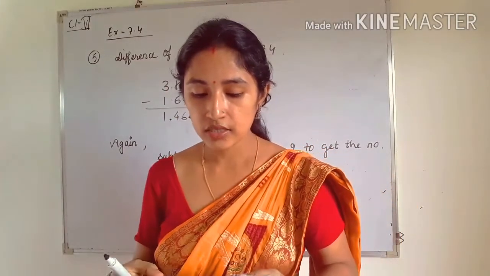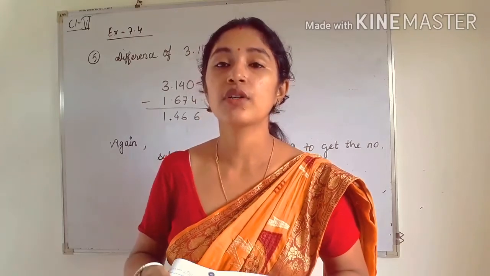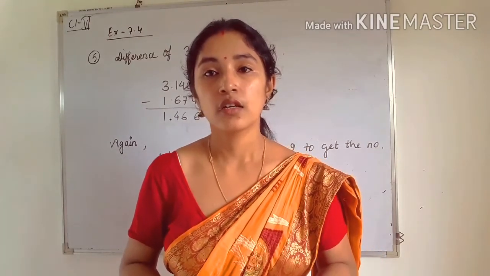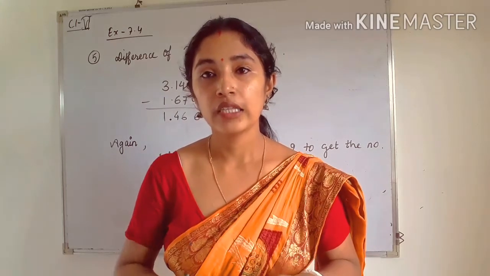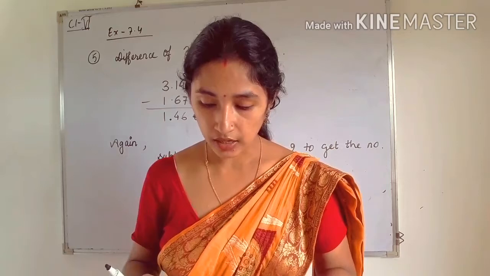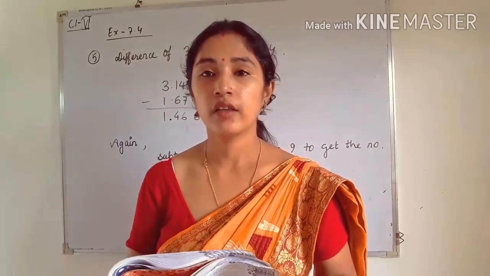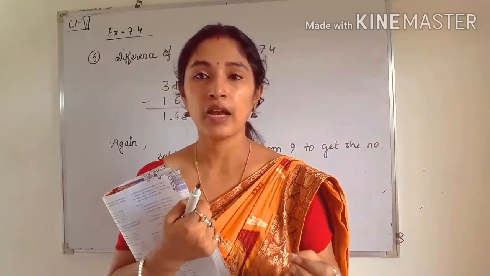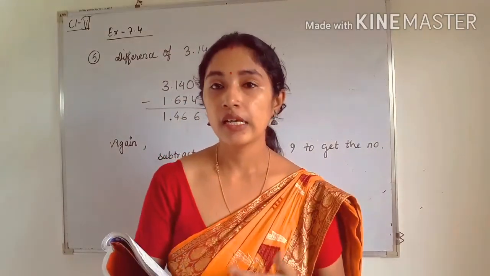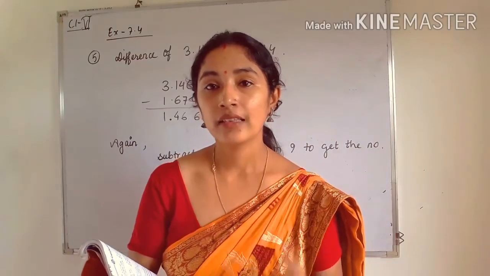In questions number 6 and 7, two decimal numbers are given, so you have to find the sum as well as the difference. Next you have to again find the difference between the sum and the difference. So that will be the answer. It is written: how much is the sum greater than the difference? That means first of all you will find the sum and then the difference, then you have to subtract again. Obviously the sum will be greater than the difference.